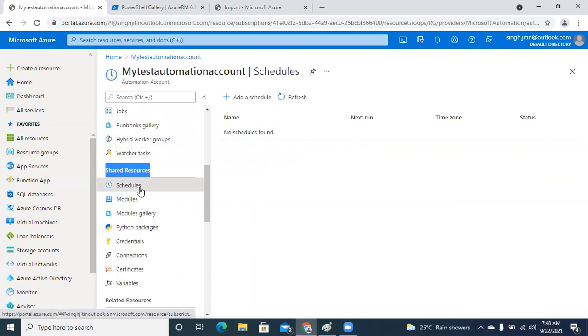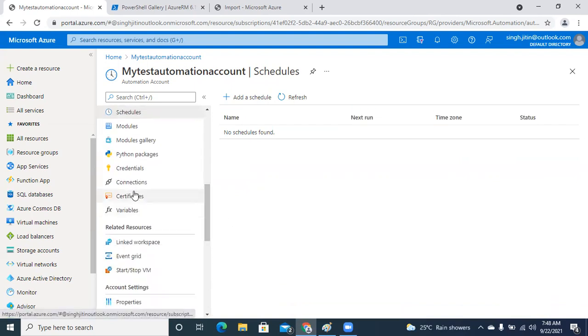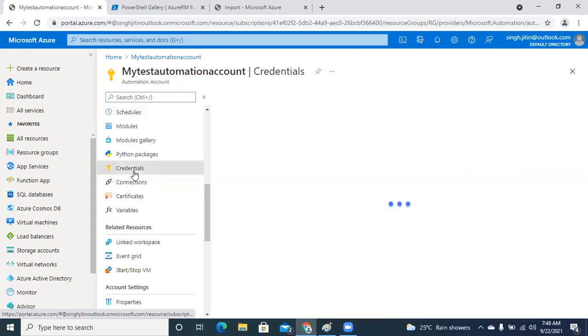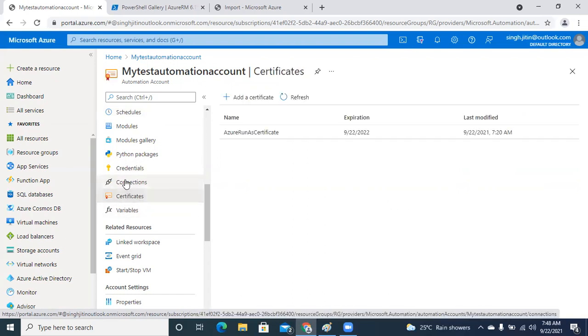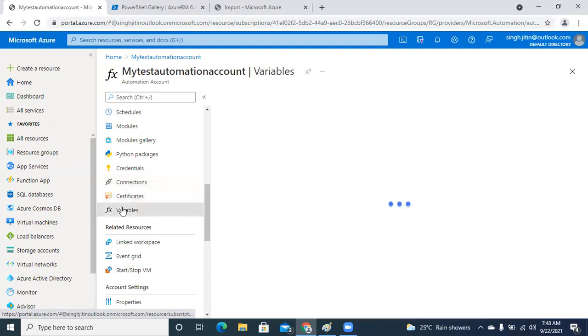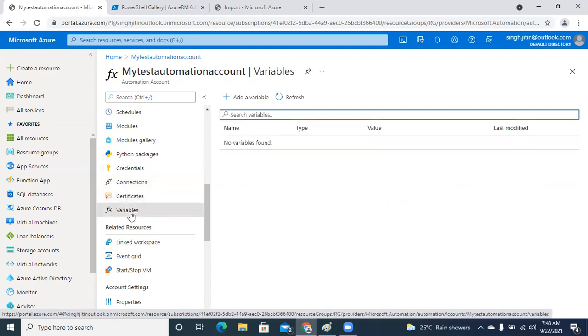For an example, let's say I have created a runbook in order to make changes in certain resources, and there is another script that I'm running on similar resources, but for a different purpose. Definitely, guys, those resources may require the similar kind of certificates, or maybe the connection string and the credential. So all this information will be defined so that multiple runbooks can be used in order to manage the resources with the help of the similar security information, so there will not be any challenges that we will be facing. Further, there are options available for variables as well.